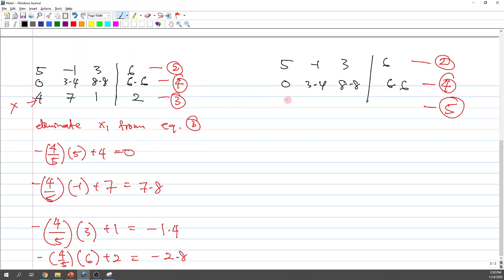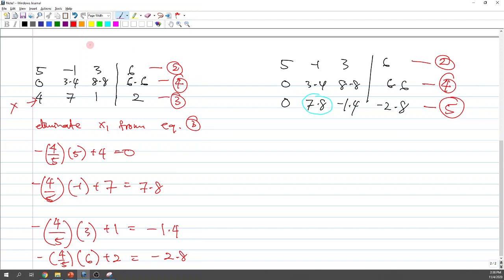So, okay, 0, 7.8, negative 1.4, and negative 2.8. Okay, so this is the equation. So now we want to eliminate this part, the below the x2 part. So this part we want to eliminate. We want to eliminate this. So what we can do,